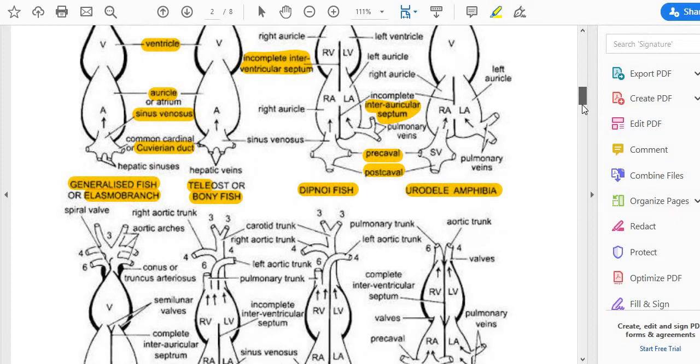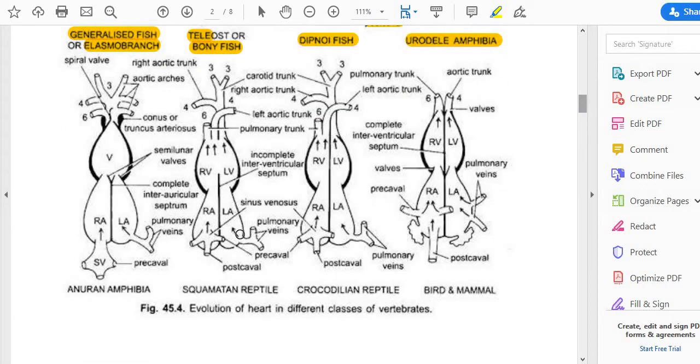The next structure we are going to study is the anuran amphibian heart. This heart is the heart of frog. As per the syllabus we have to read the heart of shark, the heart of frog, the heart of Calotes, and the heart of birds and mammals. So in case of amphibia, that is frog, there is no much difference